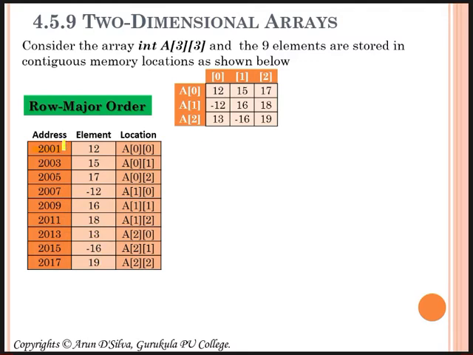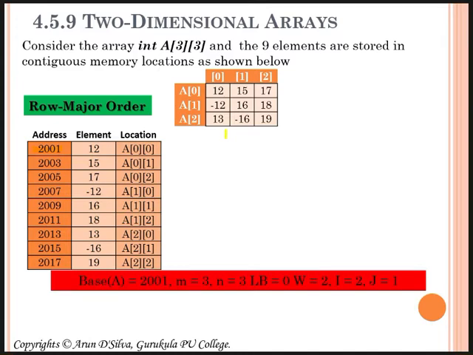So the memory locations are 201, 203, 205, because integer type elements are stored and integer type requires 2 bytes of memory. So each time 2 is added to the address. From the first location 201, it moves to 203, adding 2 bytes, then 205, adding 2 bytes, and so on. As I said, this is row major: the first 3 are considered the first row, the second 3 the second row, and the next 3 the third row. This is called row major representation.